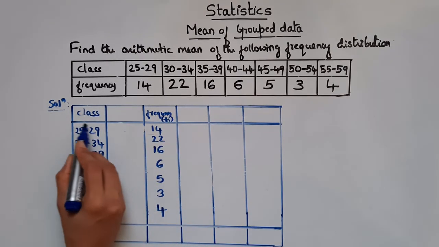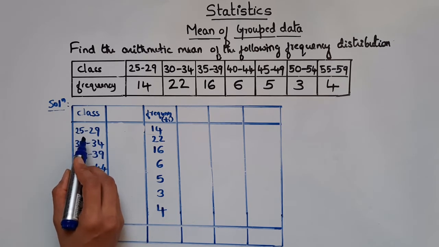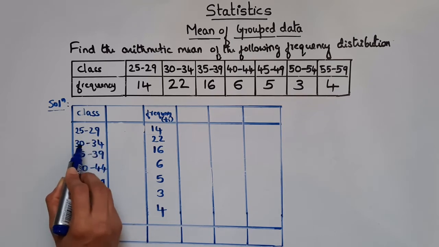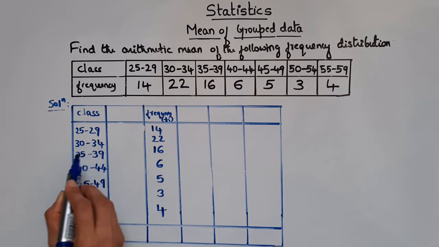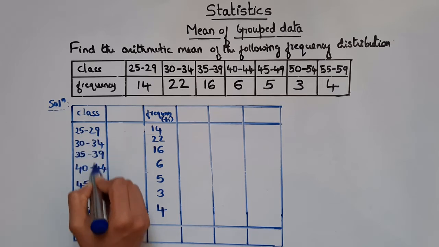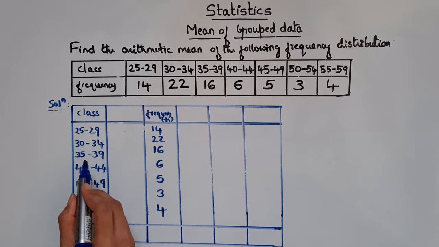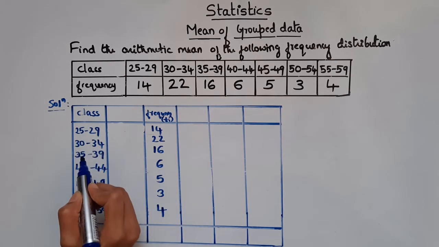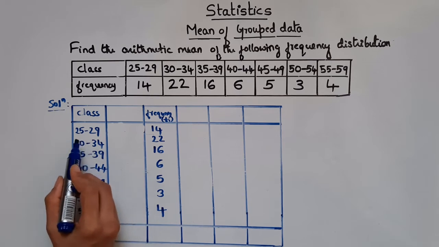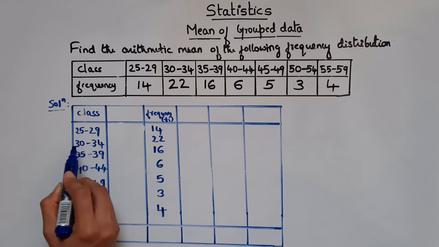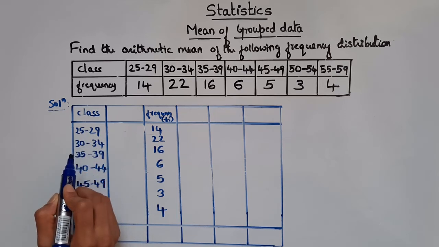Here if you see the class intervals, as I said in the previous slide, the class interval is not continuous. Here we have 25 to 29, 30 to 34. It's not starting with 29. Further we have 30 to 34, 35 to 39. It's not starting with 34. So here the class interval is not continuous. In that case, first you have to make the class interval continuous and then proceed. Now how to make this class interval continuous? If you see 25 to 29, 30 to 34, here it is skipped by one number, 29 skipped by one number 30, right?